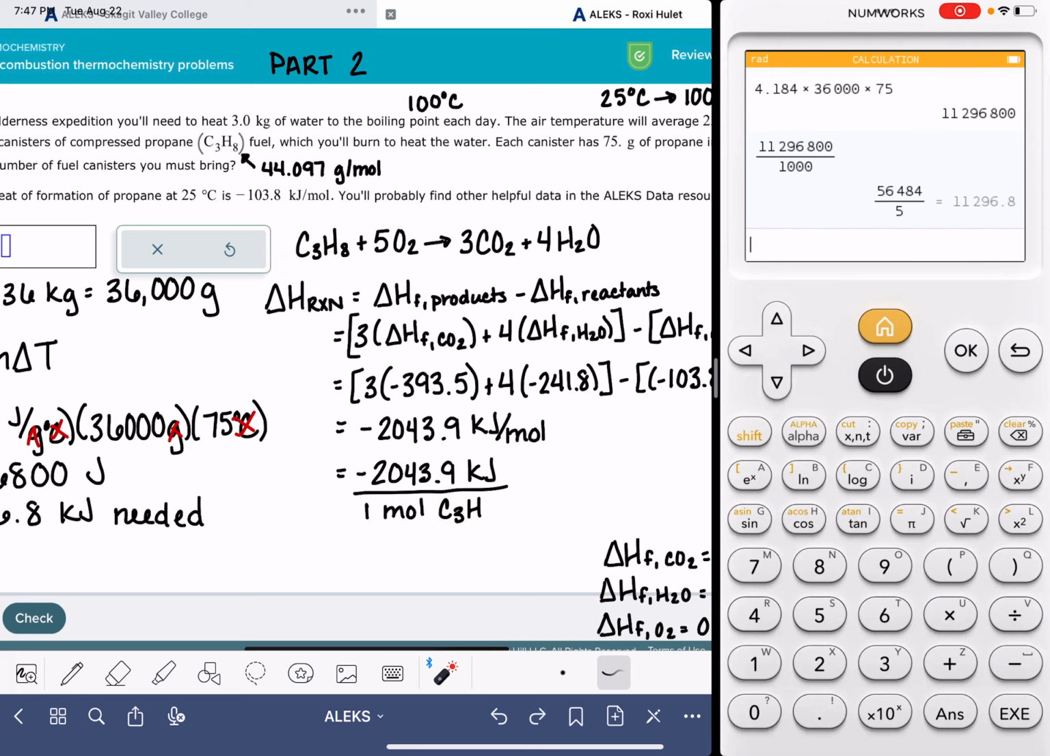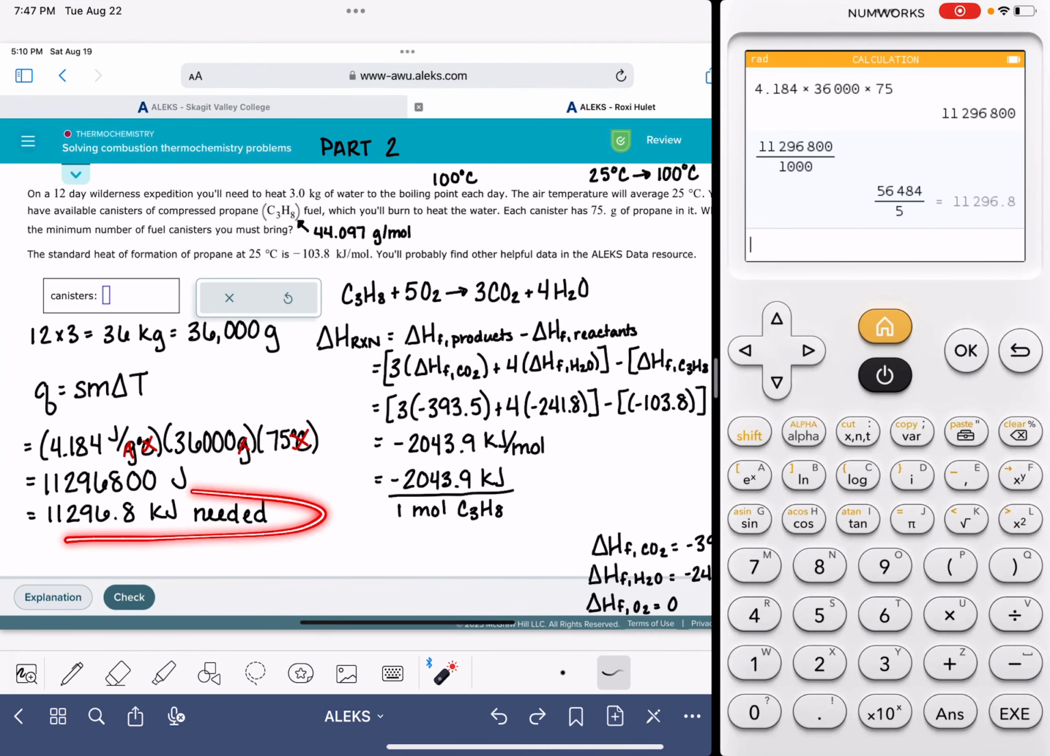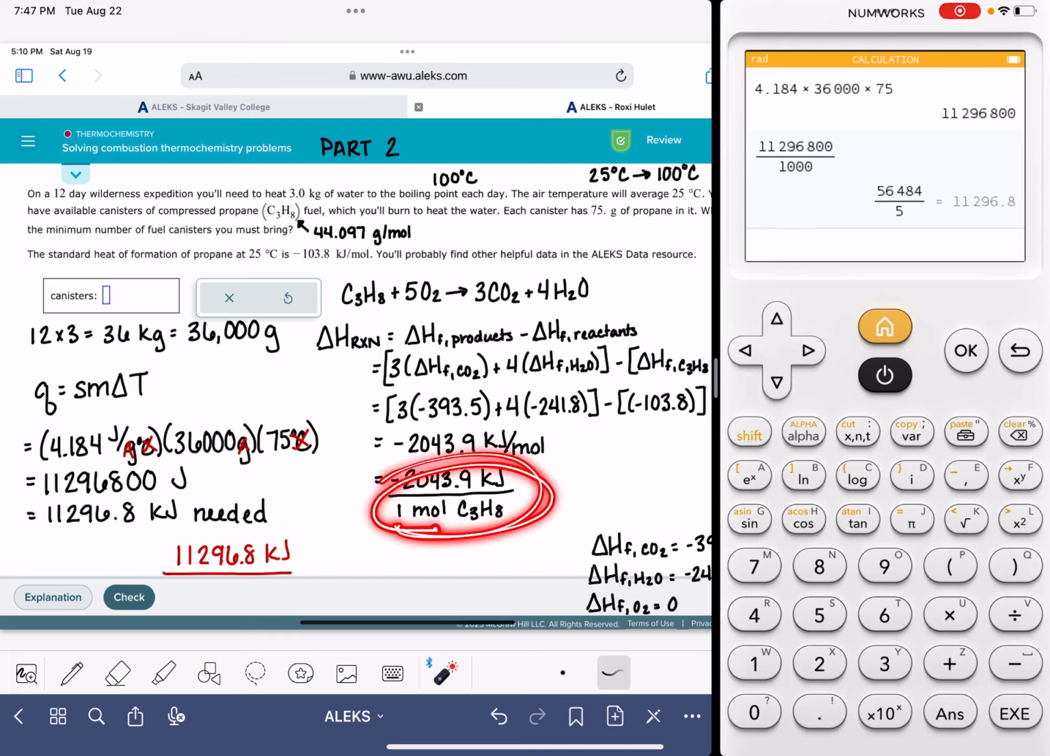Okay, let's get rid of all that. So this is the amount of heat that is evolved for every 1 mole of C3H8 that I burn, and this is the amount of heat that I actually need. And the question is asking, how much fuel am I going to need to produce this heat? So here's what we're going to do next. We're going to take the amount of heat that we need, 11296.8 kilojoules, and we are going to divide it by the amount of heat that's given off every time this reaction runs,